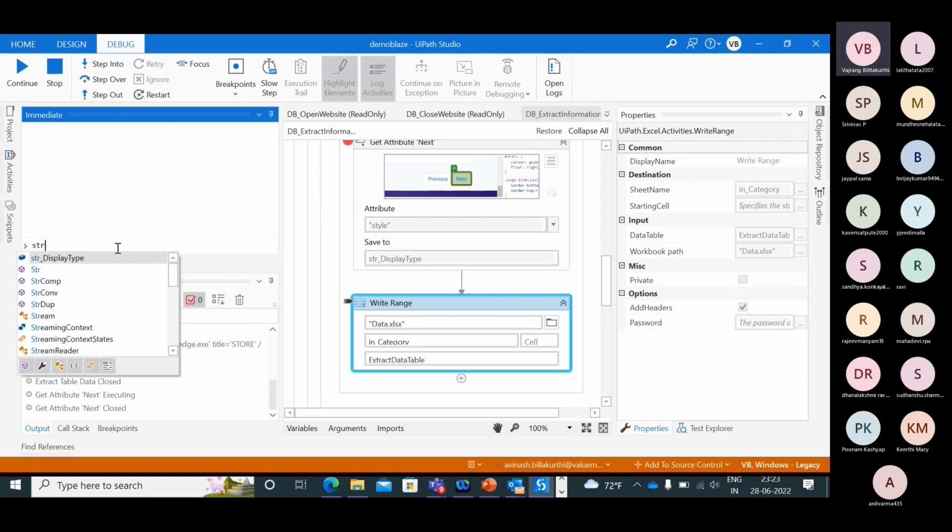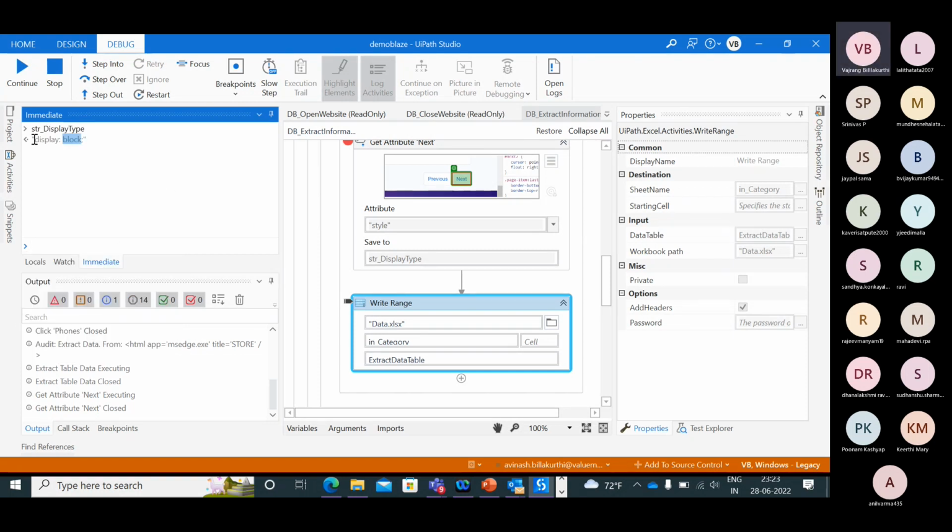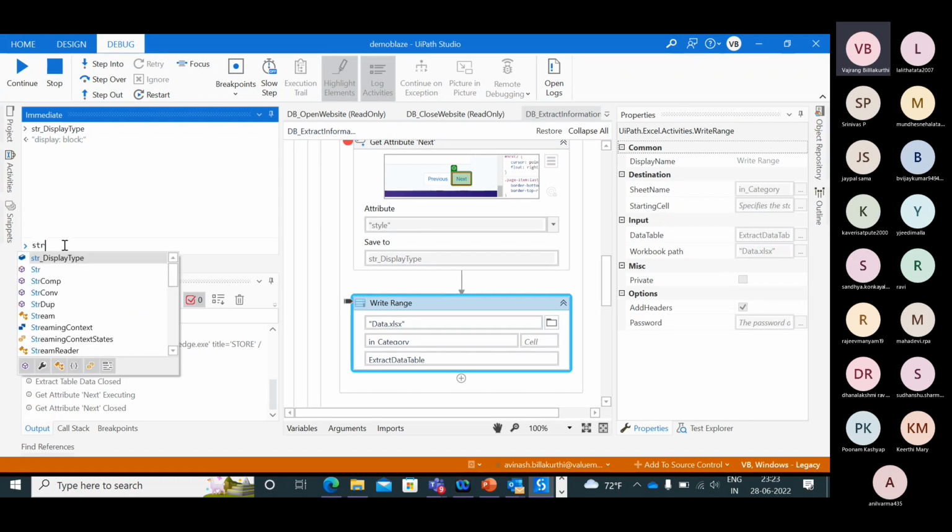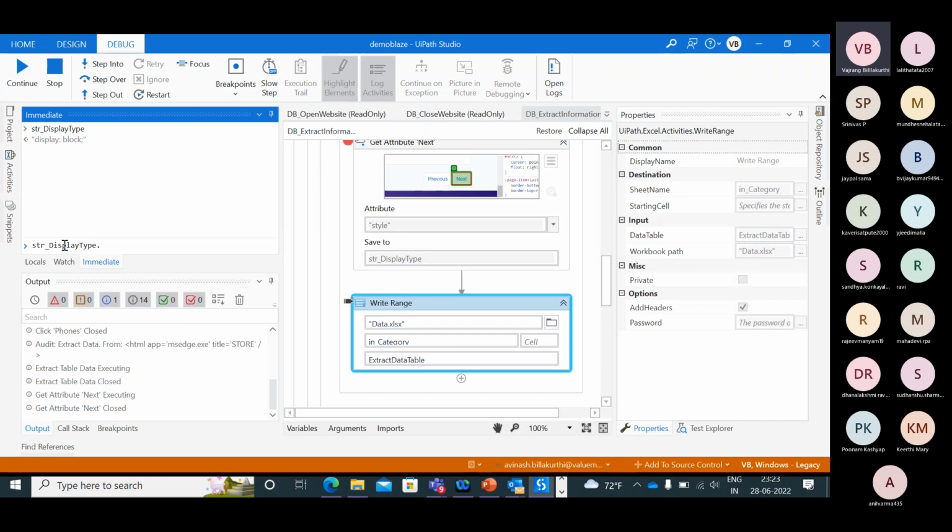Str display type. So display is block. If this text contains str display contains block, this is true. Okay.